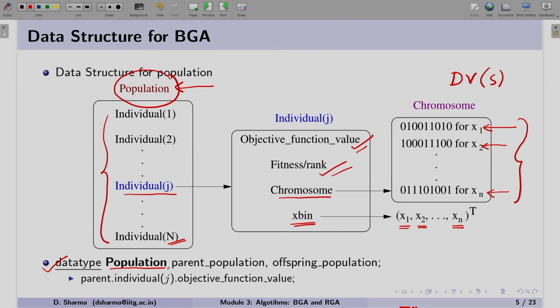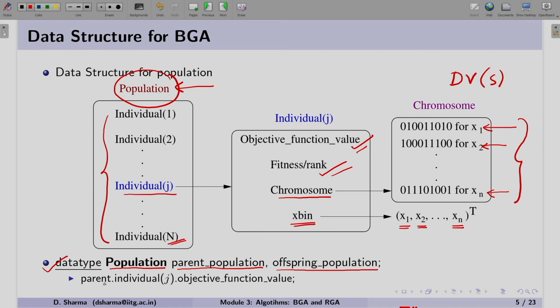Now this population we can use as a parent population and an offspring population. So in binary coded GA we have only two types of population as of now, parent and offspring. So this data structure is one of the data types.